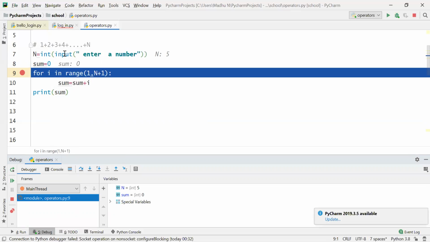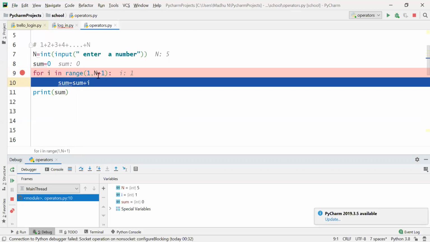For initial values, I entered n is equal to 5. So n is 5 and sum is 0. So for every value till the range is completed, this loop will run. Now our range started with 1 and ends with n plus 1. Since the stop is n plus 1, it will take until n only.